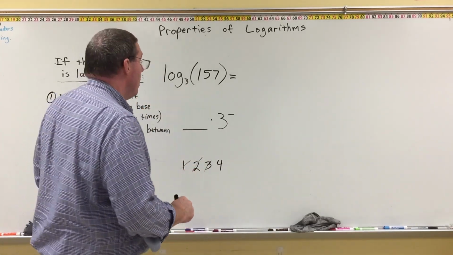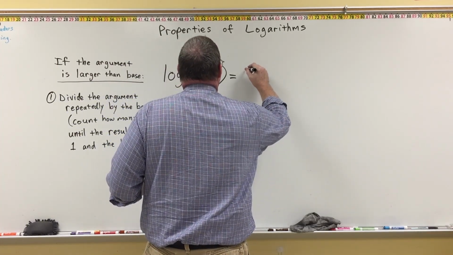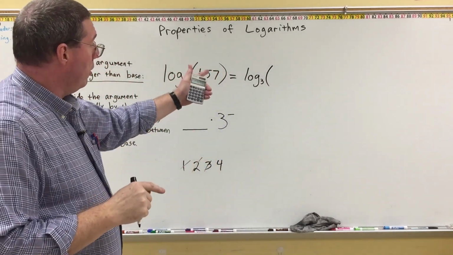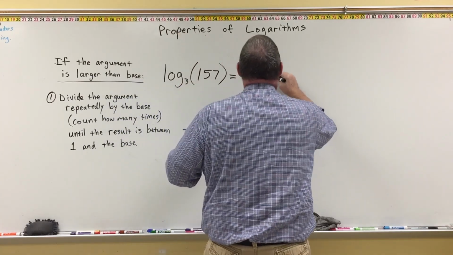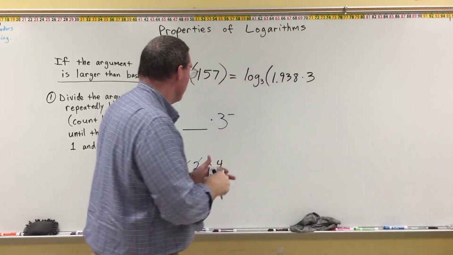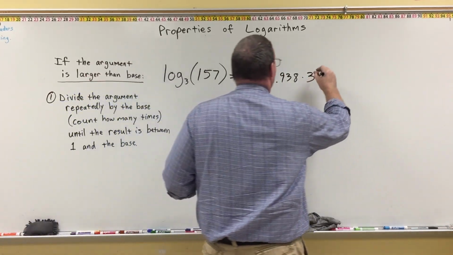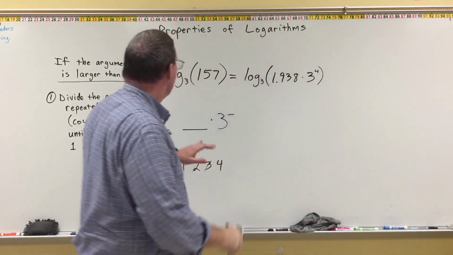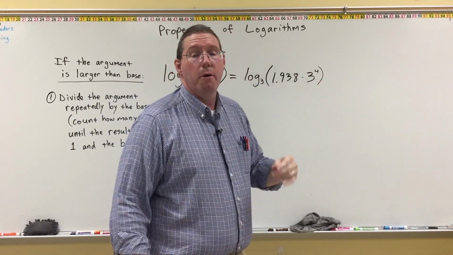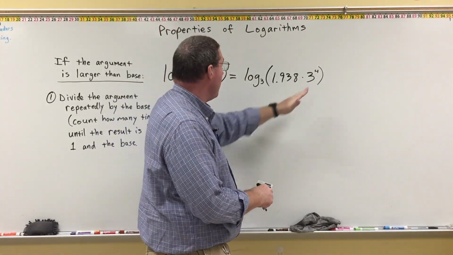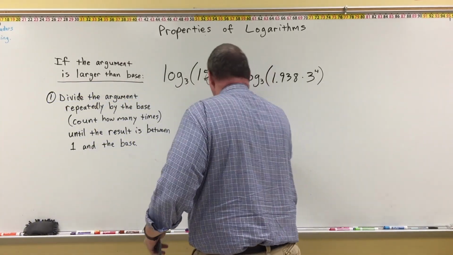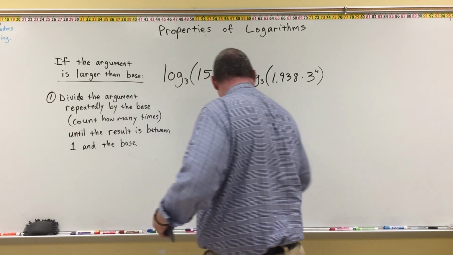less than 3, okay? And so what we're going to do now is with that number, with this 4, we're going to write log base 3, and then we're going to put in the result, which is 1.938. And we're going to multiply that by 3 to the power of how many times we had to divide, which is the 4th power. Okay? And so here's what I'm saying: 157 is equal to 1.938 times 3 to the 4th power. Now we know that 3 to the 4th power is 81. So if we were to do 81 times 1.938, we would get about 157. Okay? All right, so once we've done that, now we're just going to